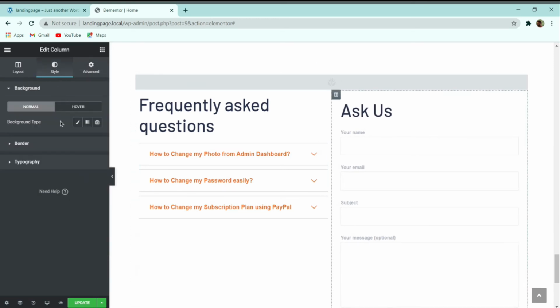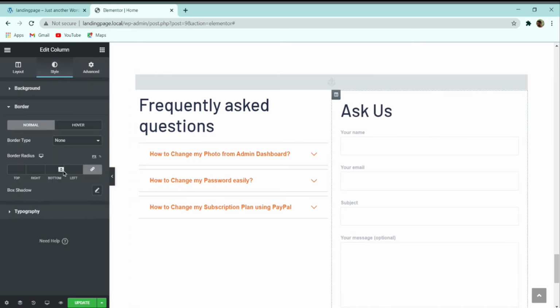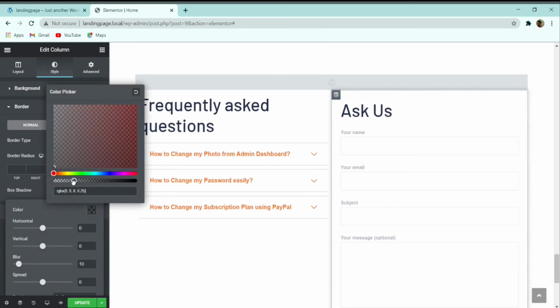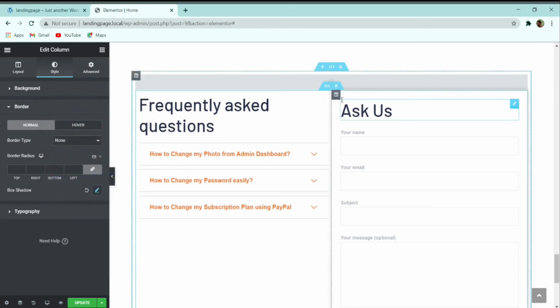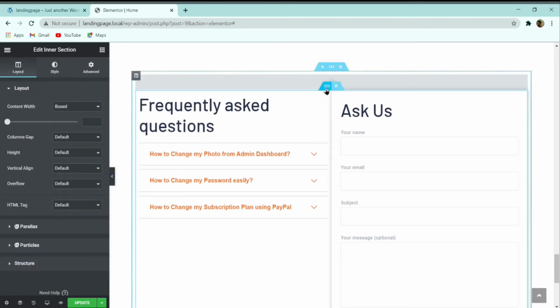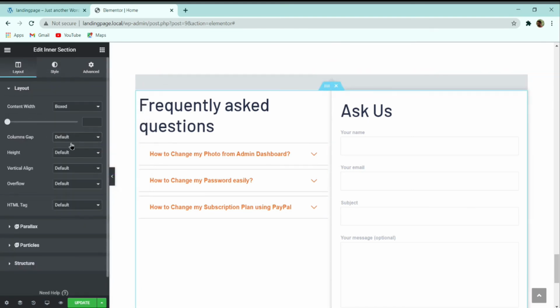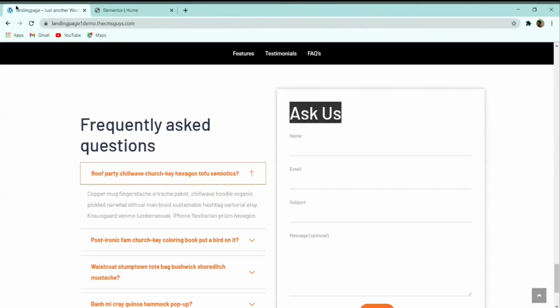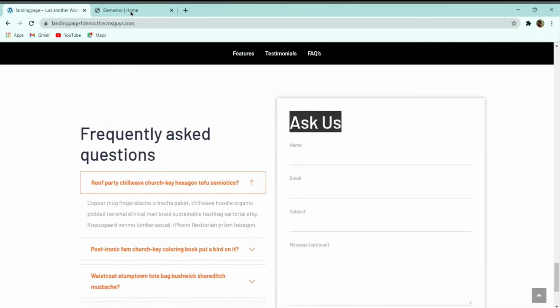And then I will go to the style, and here in this border part I can enable this box shadow. Let me reduce it some. And then I will go to this intersection part, and here I will make the column gap wider. So with this, you can see that we have completely created this section.